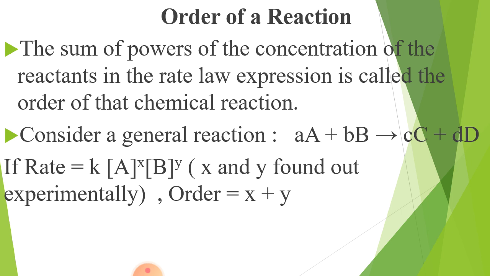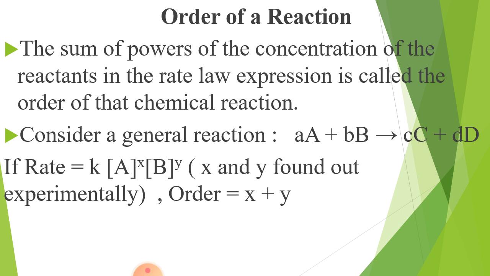Here again small a, b, c, d are the stoichiometric coefficients. For this we can write the rate like this: rate equal to K, A to the power X, B to the power Y, because the reactants are A and B. Here X and Y may be equal to small a, small b, or may not be equal to small a